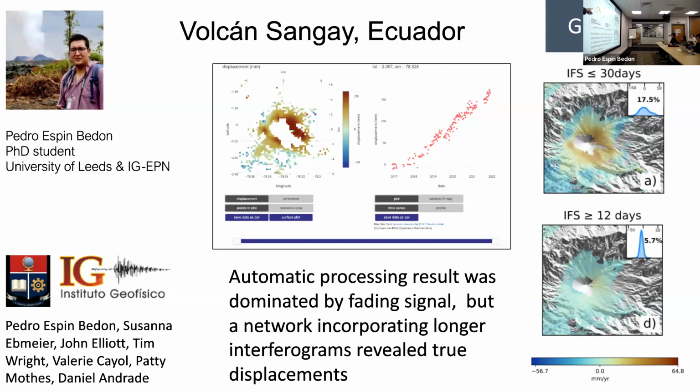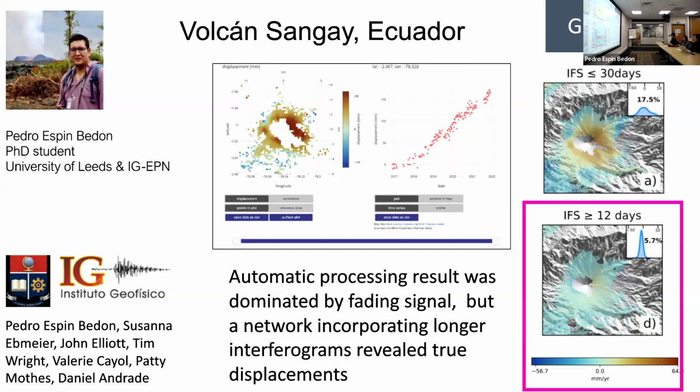And one of the results from this is that I think the person who asked about fading signal is actually not here now, but I'll answer the question anyway. One of the examples here is that when you remove the experiments less than 12 days, it essentially removes the part of the signal that we thought was fading and not genuinely associated with chemical process.